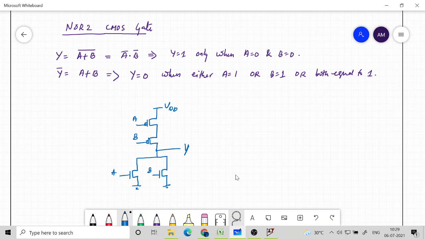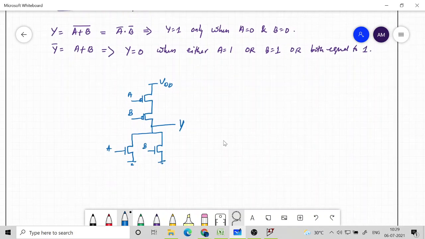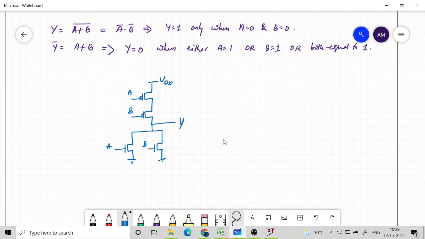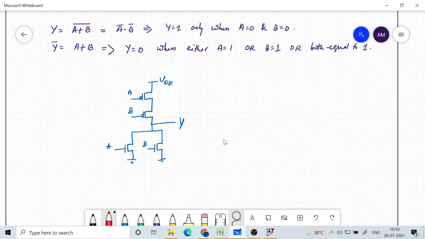Now, once we understand and get the logic circuit by following this condition for output to become 0 and 1, by using NMOS and PMOS transistors appropriately connected, you get the circuit. And once you get the circuit, then you look for the worst case scenario. For PMOS, there is only one case, that itself is the worst case. And so what should be the size of PMOS? It should have the same resistance as the reference inverter PMOS.